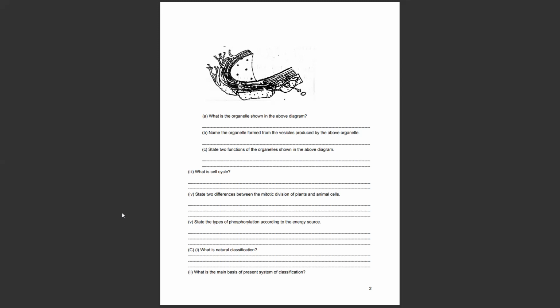Under that there are 2 methods, artificial and natural classification. Artificial classification means grouping of organisms based on a few pre-selected unifying characters. It is the system that was used before the 18th century. Now here, what are the characteristics used? For example, if we take